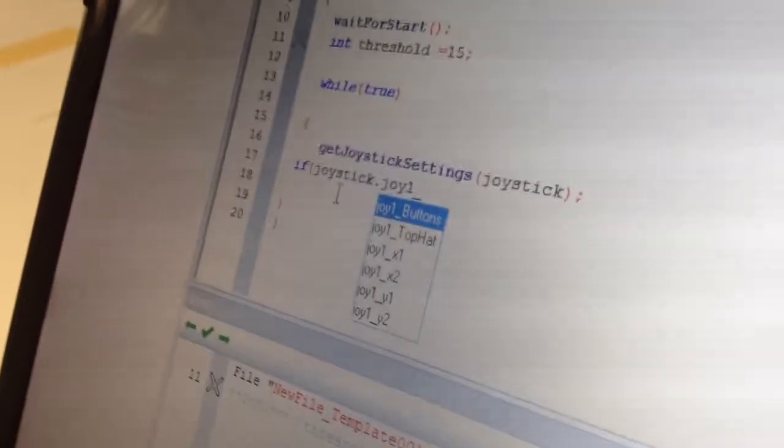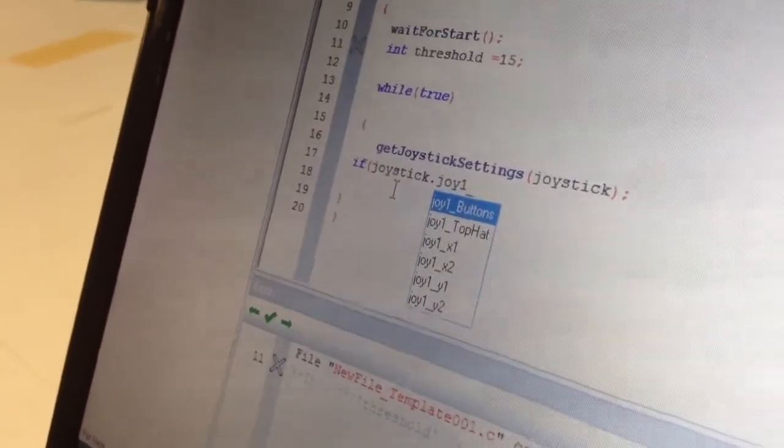So that's going to be your first joystick if it's joy 1, and to figure out which joystick part you want to use, if you want to use the up or down controls, that's the Y part. If you want to use the side to side, that's X, and number 1 is the one on the left, and number 2 is the one on the right. So if we want this to be going forward and backwards using the left stick, that'd be